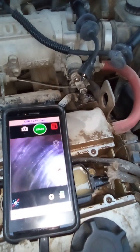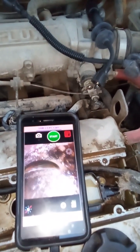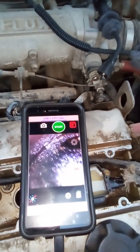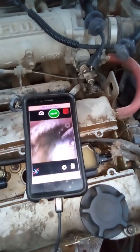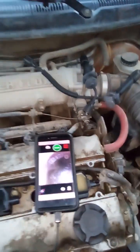I'm trying to get it to spin in here. Yeah, and I see there's the opposite one. I don't see any damage to the piston top or anything banged and smashed in. So it might just be a spring, maybe barely broke, because I didn't hear any noise, but it was so